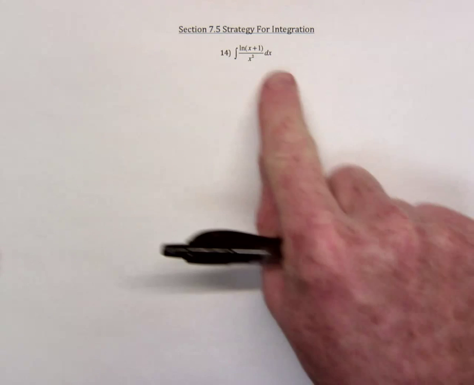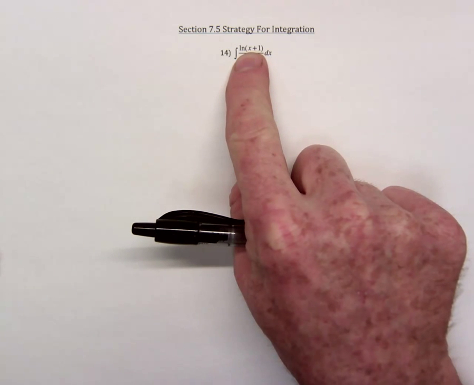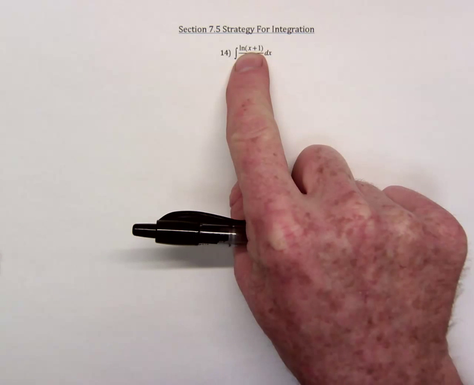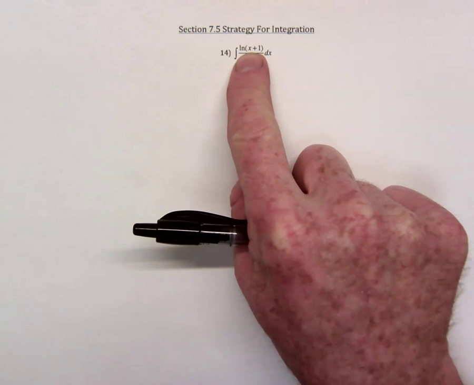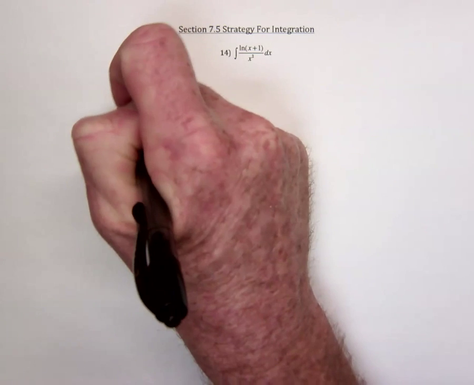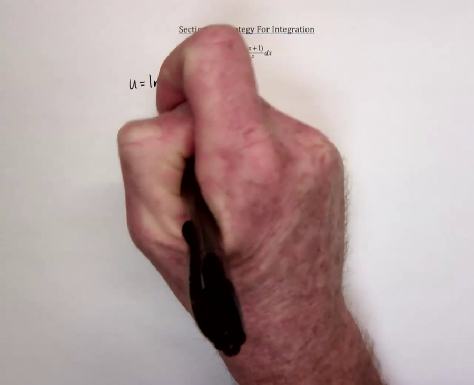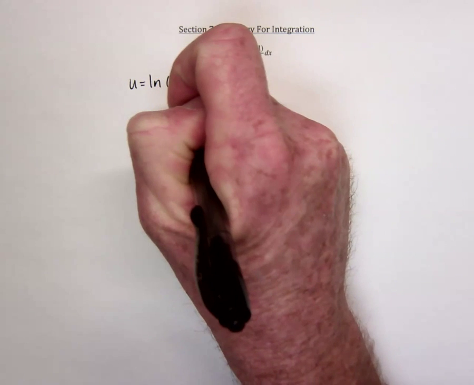Well, this one should be pretty interesting. We're going to start with integration by parts, letting this be the u. That way when you take the derivative of it, it's actually going to make the problem simpler. So start with u is the natural log of x plus 1,